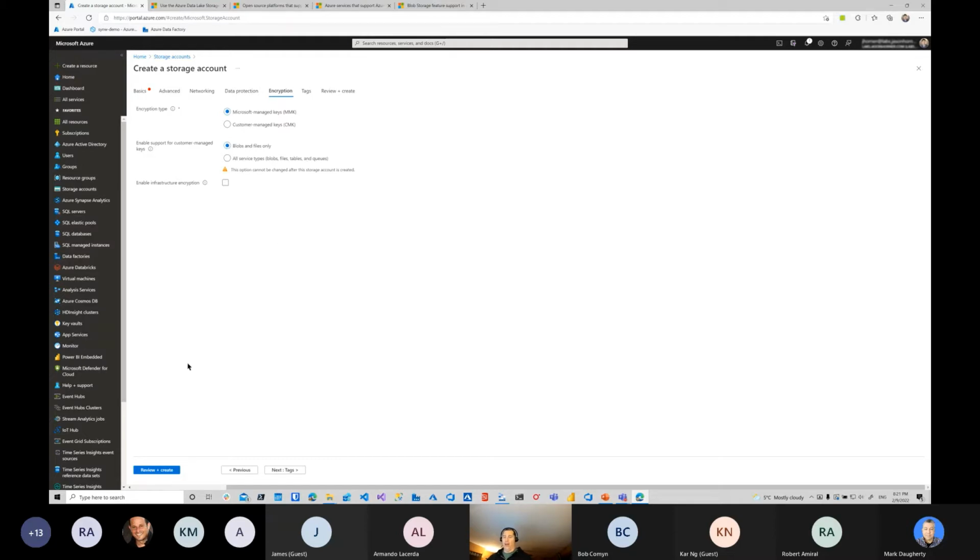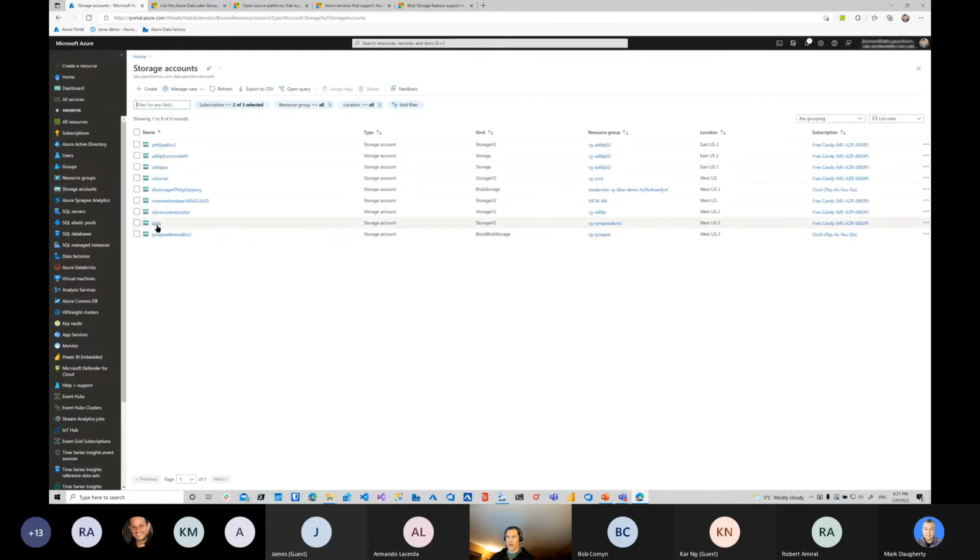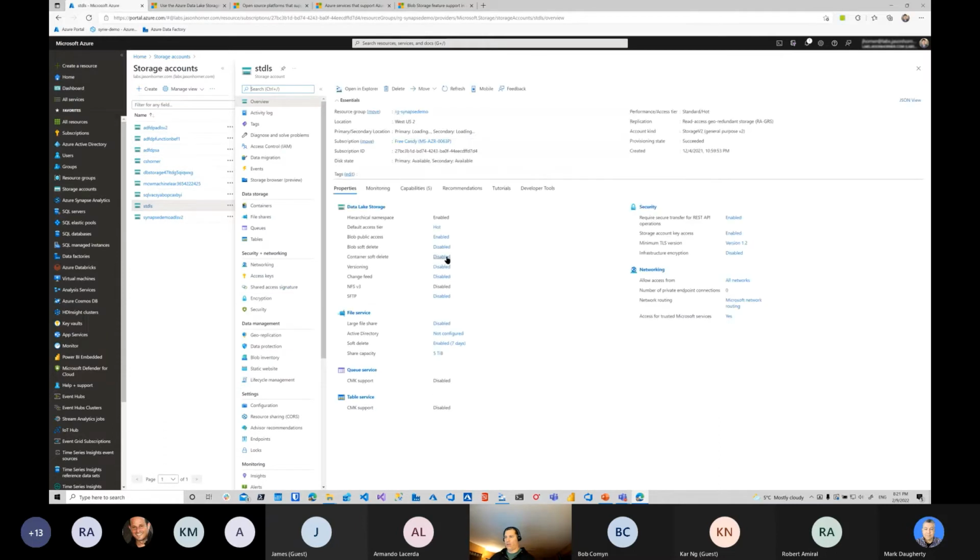So that's pretty much how you would go about creating a storage account. I would just configure it the way I want with the right redundancy, the right performance, and then I would just create the resource and it would show up in Azure. And then I can browse it. So I'll show you guys really quickly what it would look like. You can see all the options I have